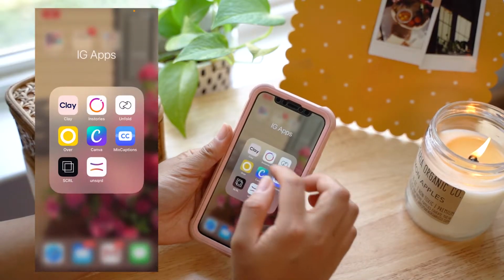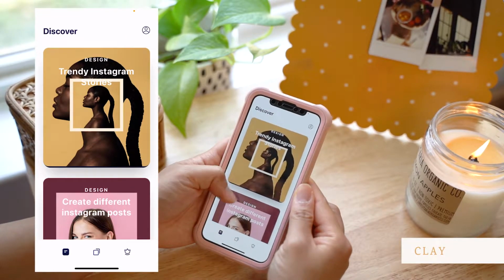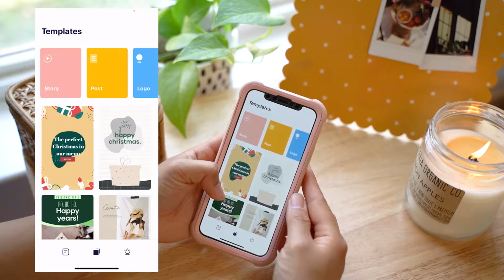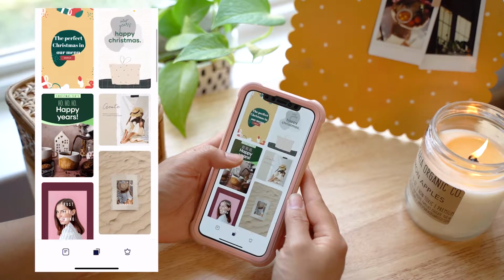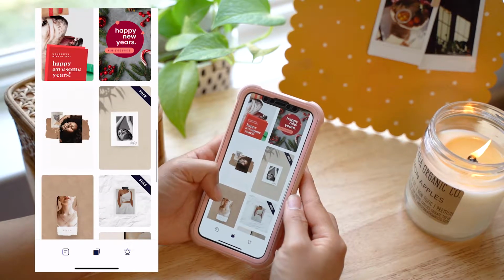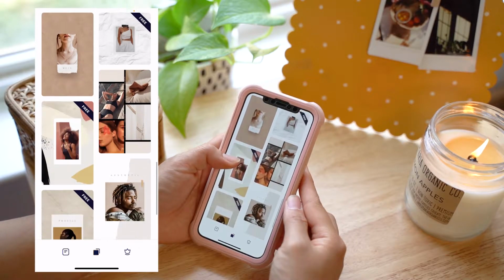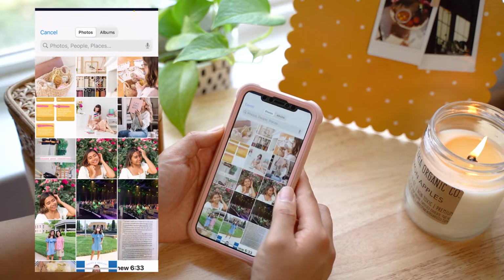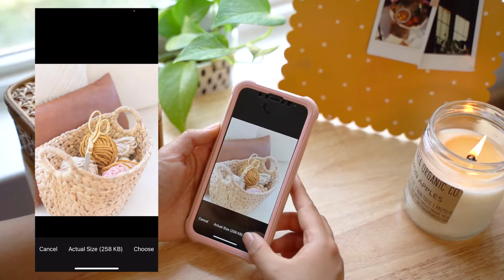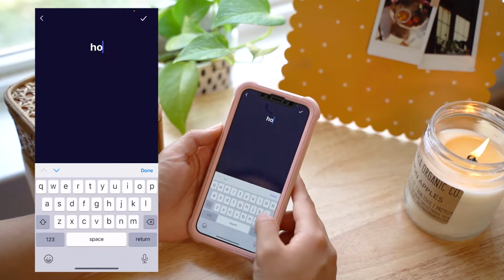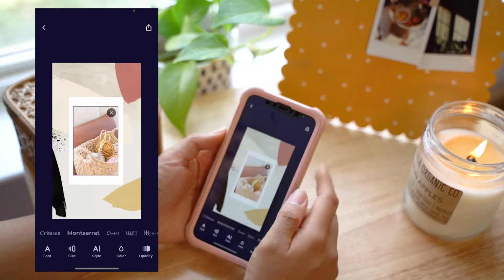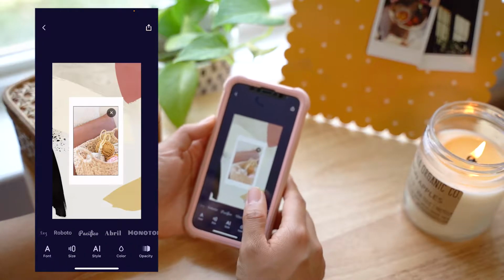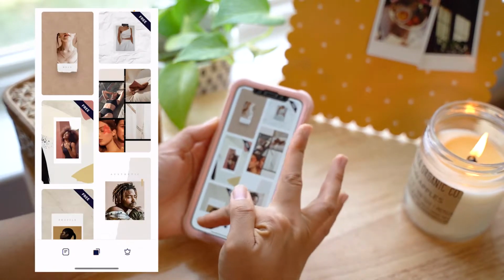So first one that we are going to go for is Clay. And what I like about Clay is it is similar to Canva, where it gives you different options for templates and such. Basically, I like this because it has more aesthetically pleasing options than Canva. Like for this one, it's a little bit more boho, a little bit more, I don't know, modern. So I like this because you can change the fonts and the colors, opacity, and sizes,